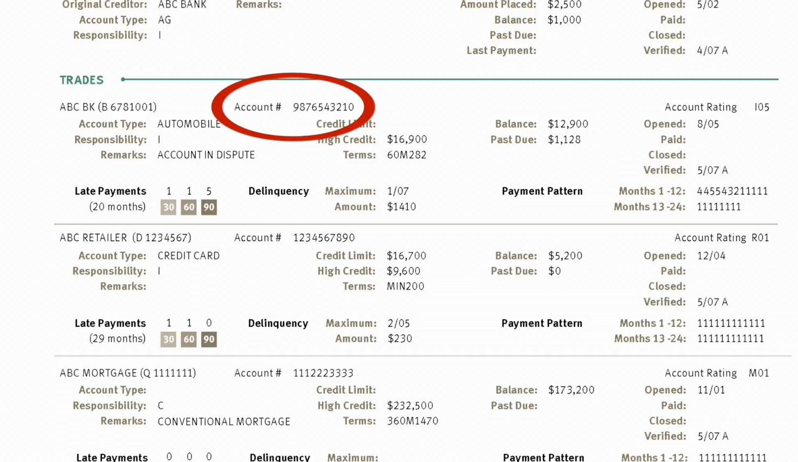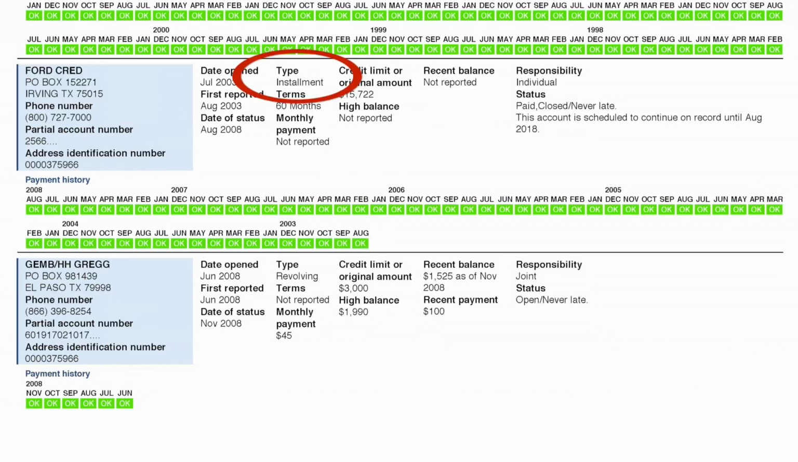You may have more than one account from a creditor. Many creditors have different types of accounts, or if you move, they may transfer your account to a new location and assign a new number. They will also include the kind of credit. Is it an installment, such as a mortgage or a car loan, or is it revolving, such as a department store credit card? Whether the account is in your name or with another person,